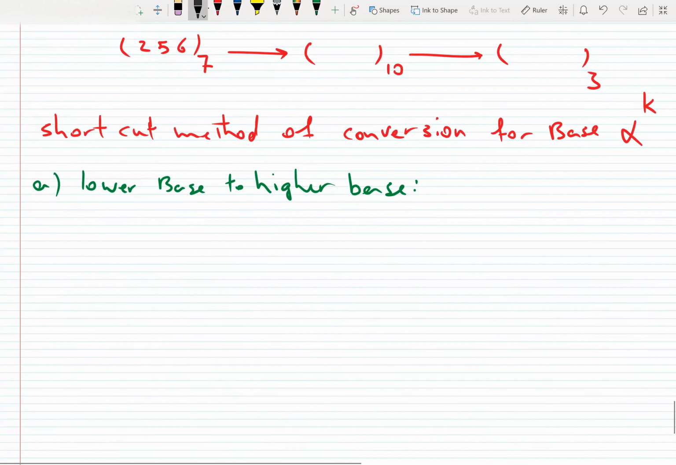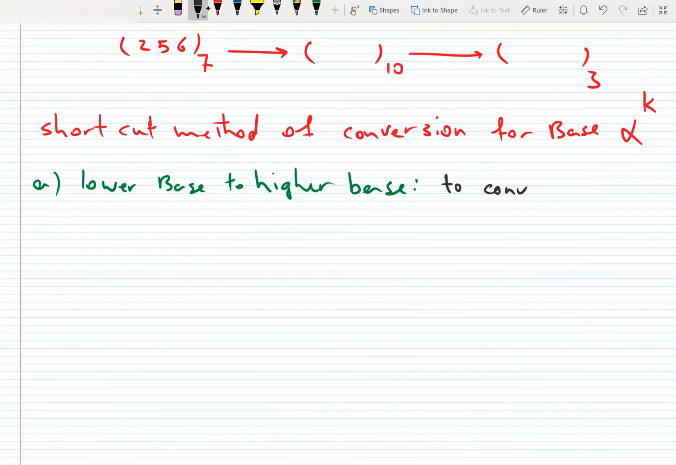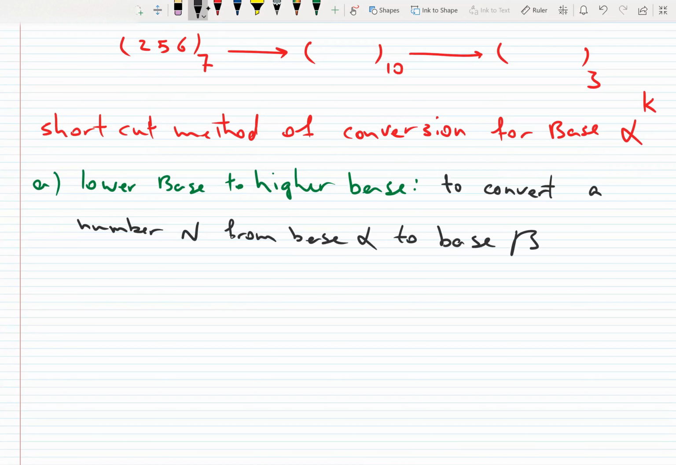Okay. To convert a number n from base alpha to base beta, where beta is equal to alpha to the power of k, and k is an integer number, positive, greater than 0,